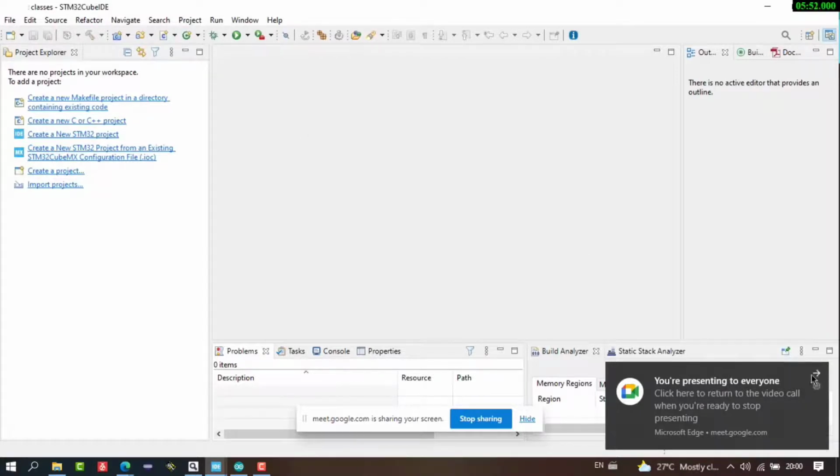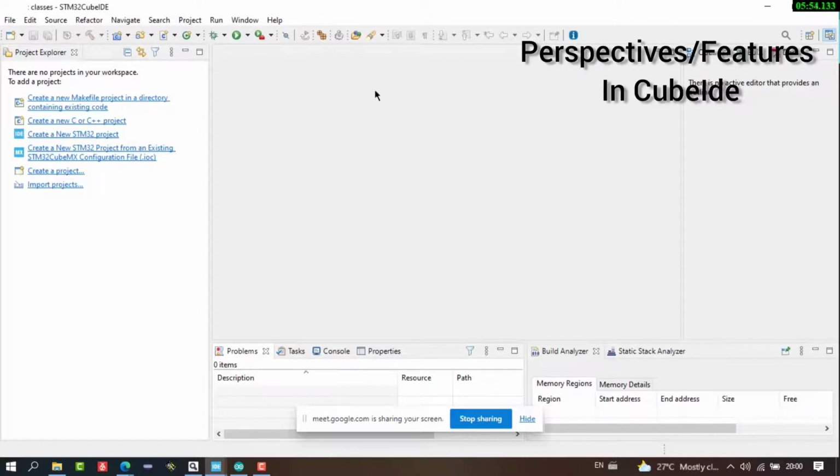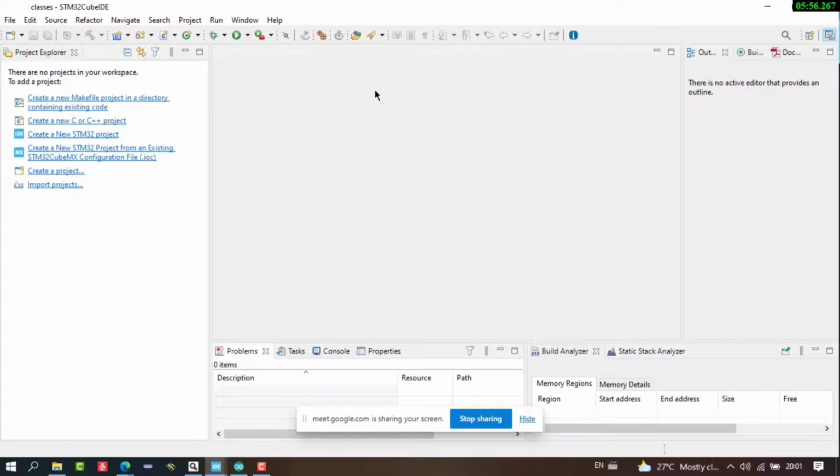Another thing I want to tell you is that if you see the STM32CubeIDE at first, as compared to the Arduino environment, it might seem very confusing. But let me tell you in a short period how exactly things are organized in the STM32CubeIDE. Whatever I will be telling you is complementary and also applies to our Eclipse IDE.